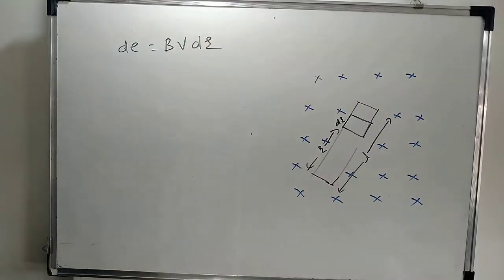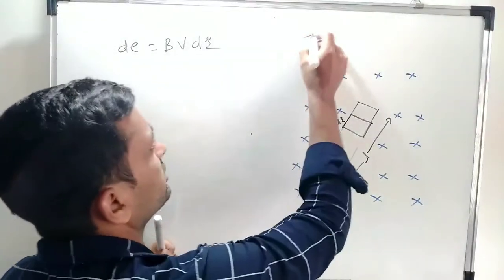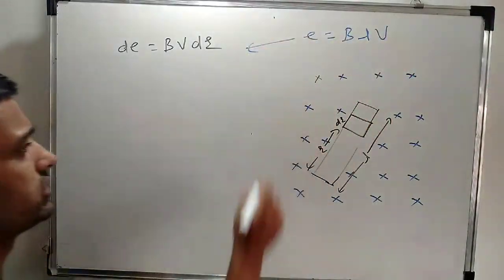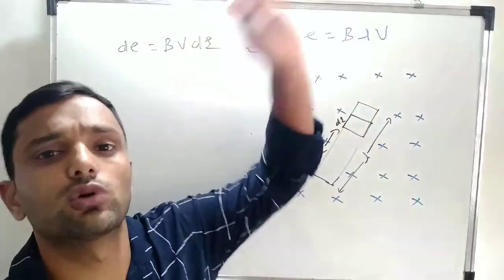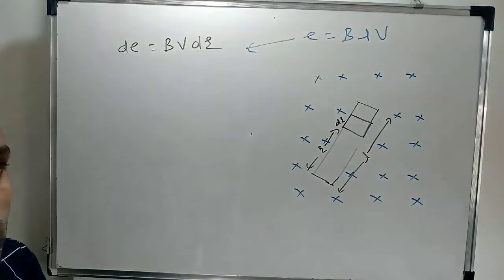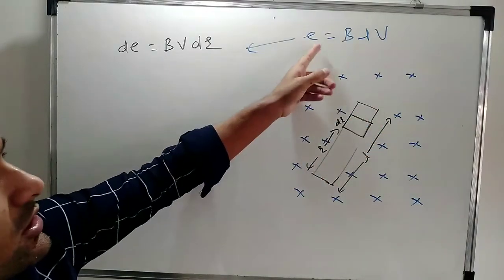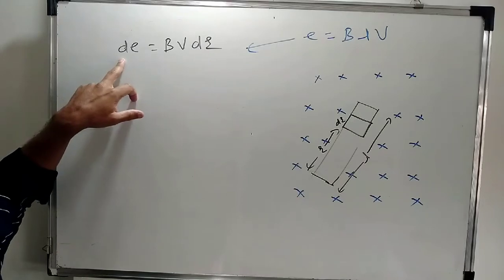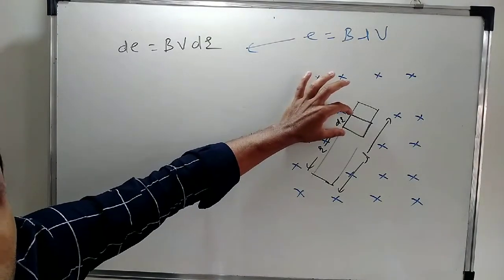Now how have we derived this equation? From the previous topic, what is E? E is equal to B L V. The same equation we have written here, only the difference is that this equation is for the total induced EMF, but that is not what we want here. E is the total induced EMF. Here we have to determine the E for dr. So we use dE. dE is the induced EMF for length element dr.